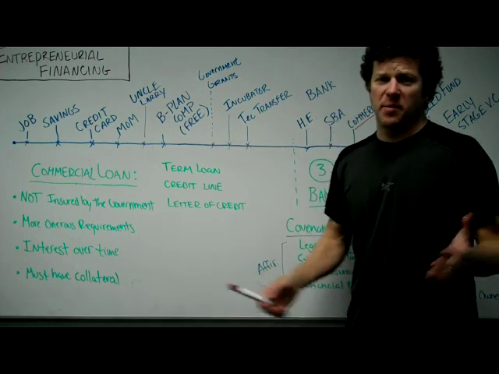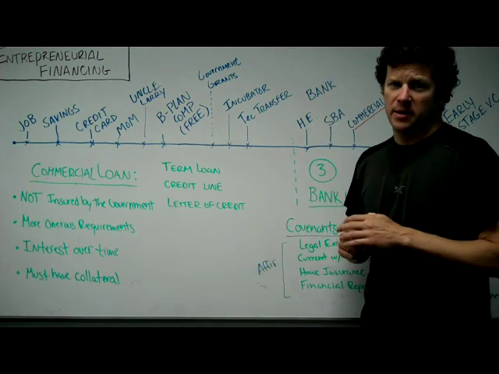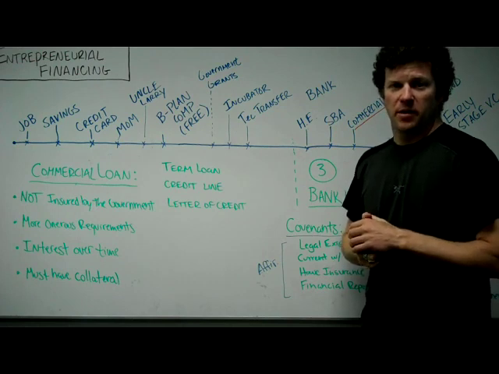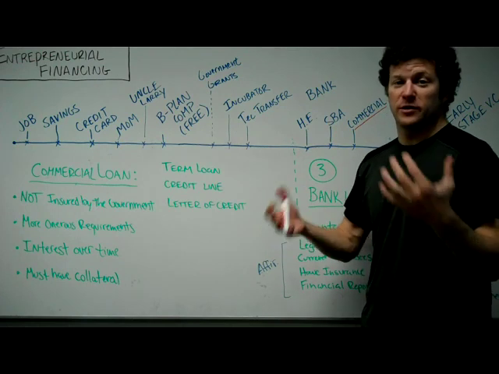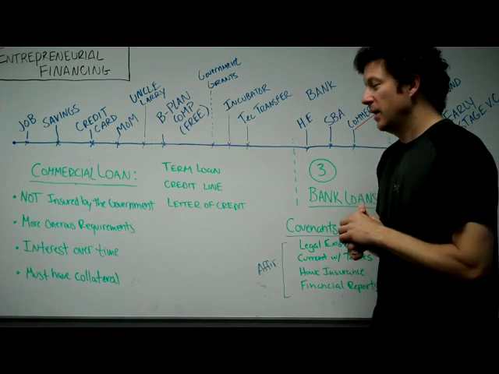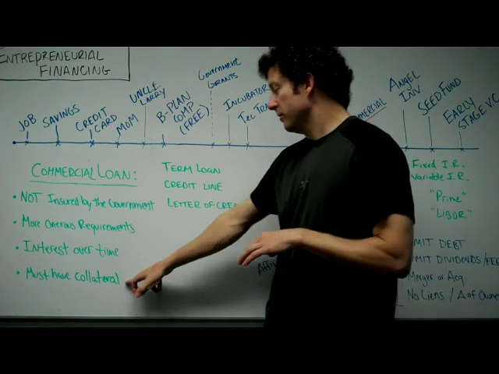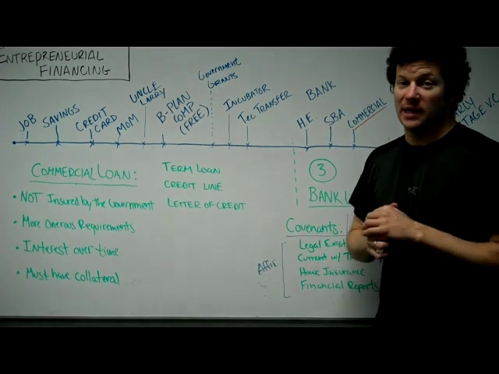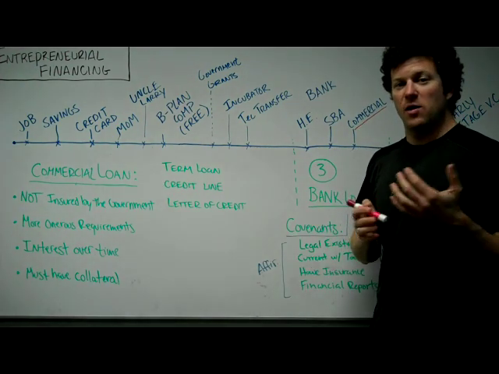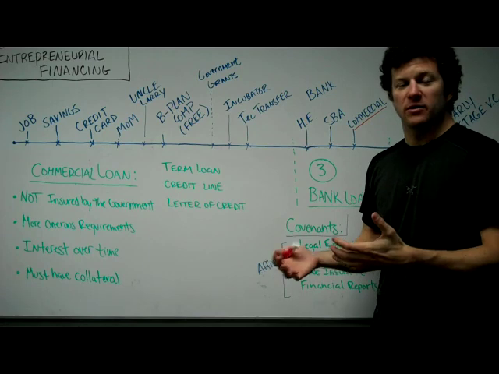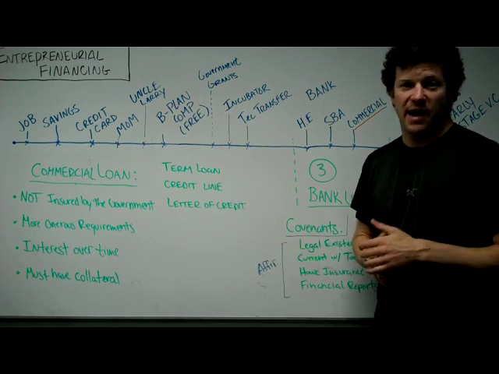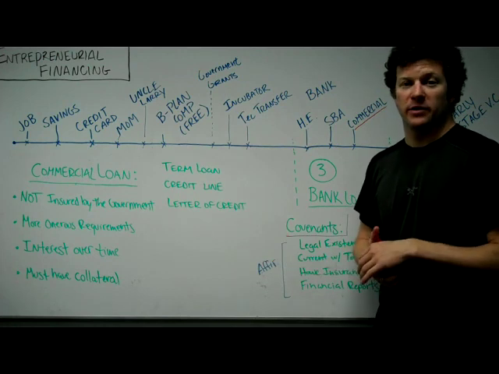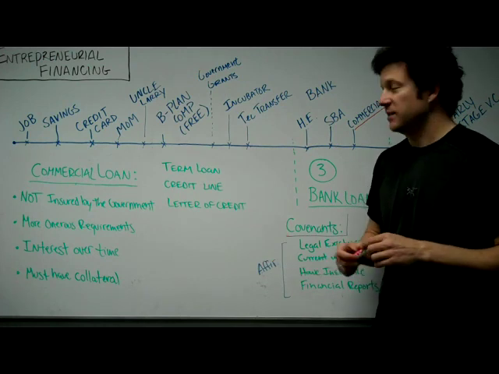The concept behind a bank loan is that you pay interest over time on that loan. So the bank is in the business of making money, but they would also like your business to succeed, but only so you can pay them back their loan. You also must have collateral to get a commercial loan. It's not like you can walk into a bank with nothing and they'll loan you money because you have a good idea. You have to say, oh, I'll put up my buildings or my equipment or my physical assets as collateral. So that if you do fail on the loan, at least the bank will have some claim on a physical asset.